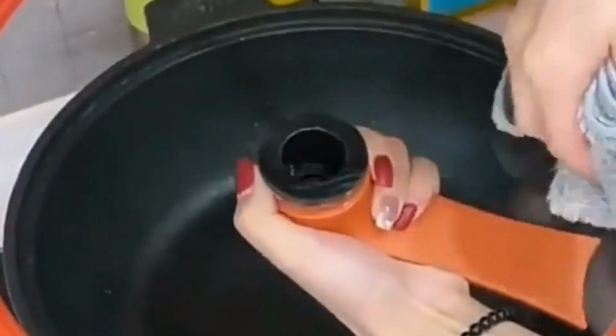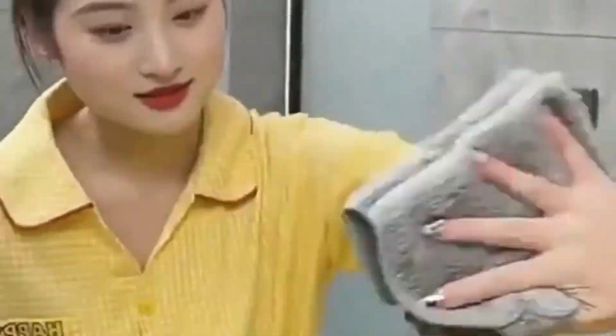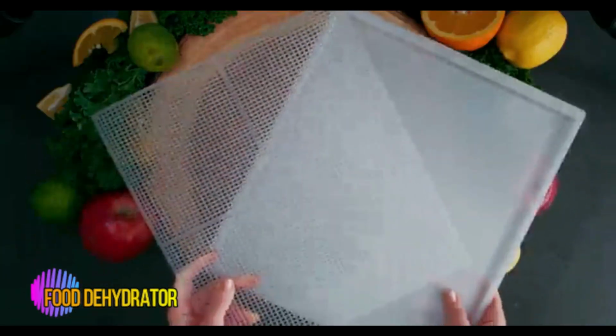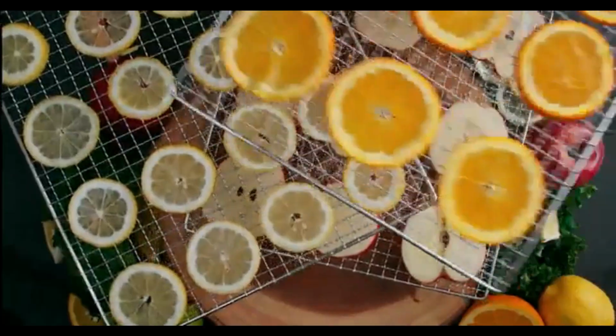Machine wash with cold water, gentle cycle, tumble dry low. Do not bleach and low iron if needed. We suggest washing them in cold water before using for the first time, as this will make them fluffy and more absorbent. Food dehydrator. With 6 stainless steel trays providing 6.5 square feet of drying space, this dehydrator is 27%